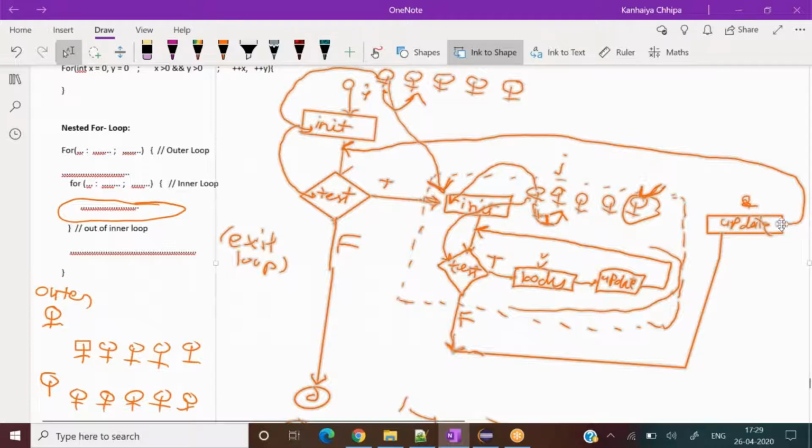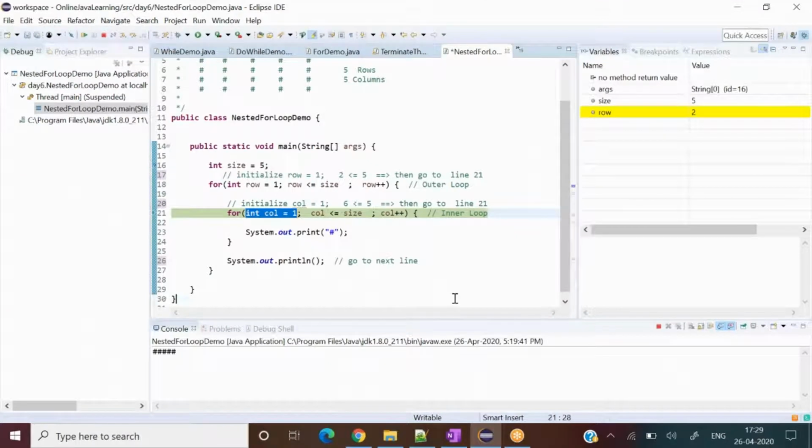For this, it is the start of the world again, the same way I have done in the diagram also. All five of you follow this diagram. We went here, we are coming here, we are entering one more time here, and init should be called one more time. So keep in mind, the outer for loop init would be executed once and only once during its lifetime, while the inner for loop init related variable has the dependency on the outer for loop. As many members as we have at the outer for loop, that many times the inner for loop init variable would get initialized. Do you follow the instruction what I say, right?